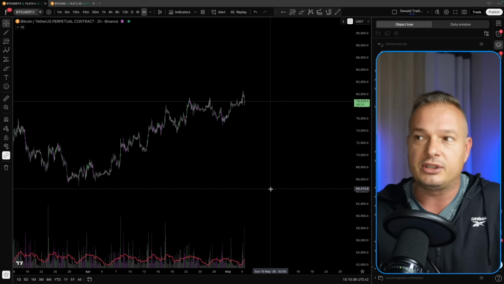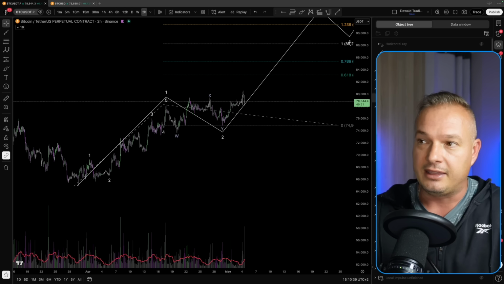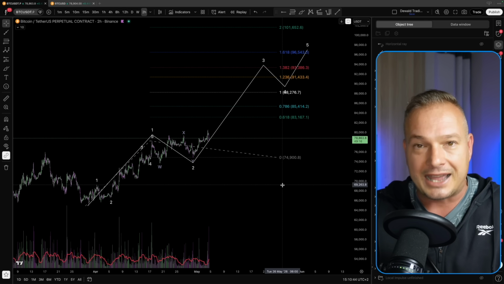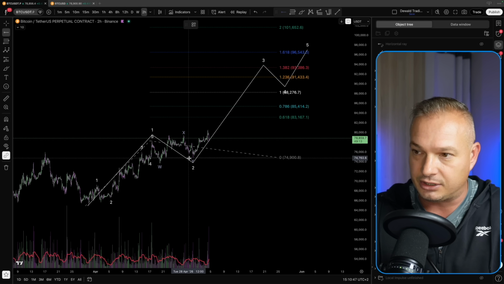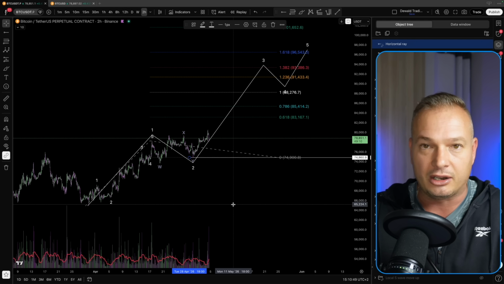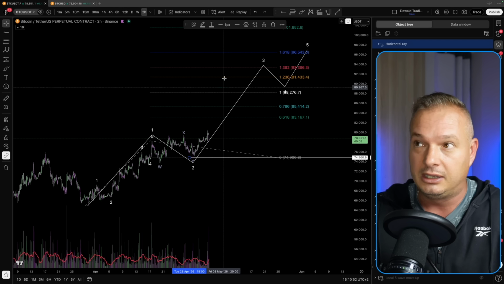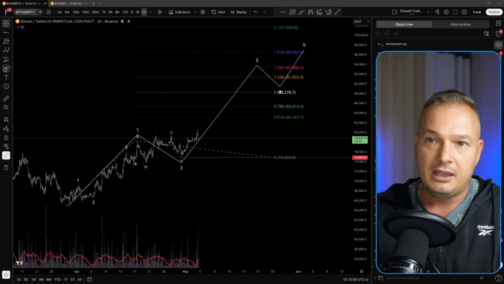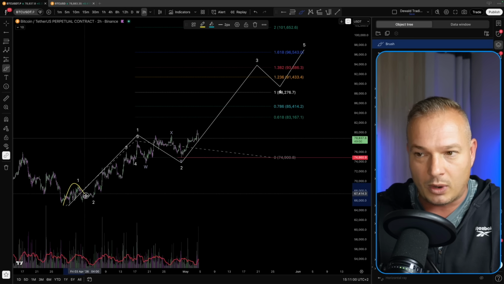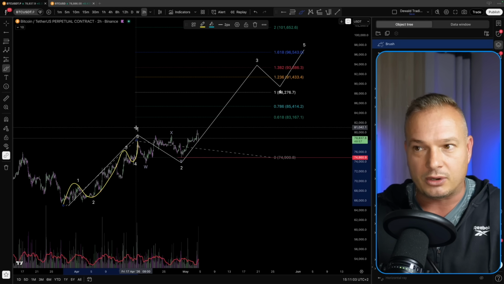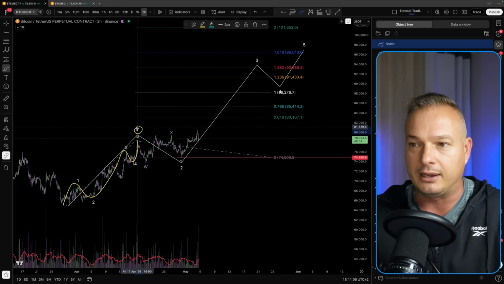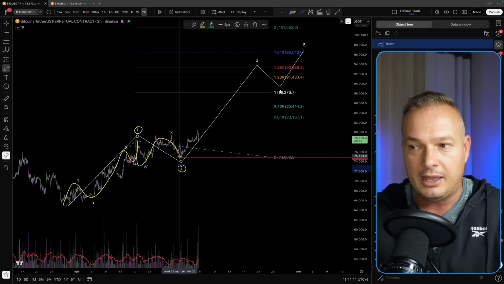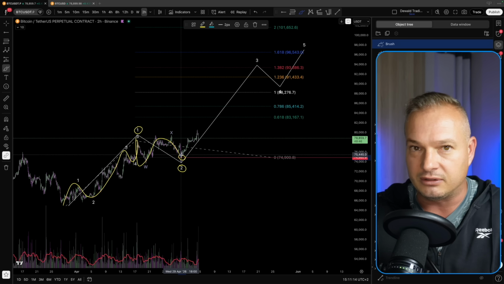So two of the scenarios that I would like to discuss. First up is that this structure to the upside is gaining momentum. Okay, and it has a clear invalidation, right? So invalidation is claiming that low that I've highlighted on the higher time frame as well. Let's make that red so we know that that is the invalidation for this scenario. Internally, the structure has already formed a 1, 2, 3, 4, 5 wave structure to the upside, which I can label a wave 1. It has formed a 3-wave corrective structure, which I can label a wave 2. That is why this becomes the invalidation for the scenario.